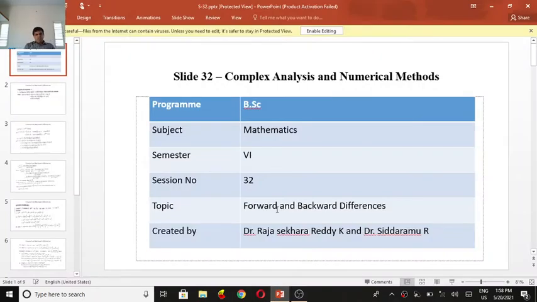Now we come to lesson 32. So now we solve some forward and backward differences. This is true for some algebraic operations. What are algebraic operations? Sum of two functions, difference of two functions, product of two functions, and quotient of two functions. If we take constant terms of the sum, we can write it like this. These are the algebraic operations.